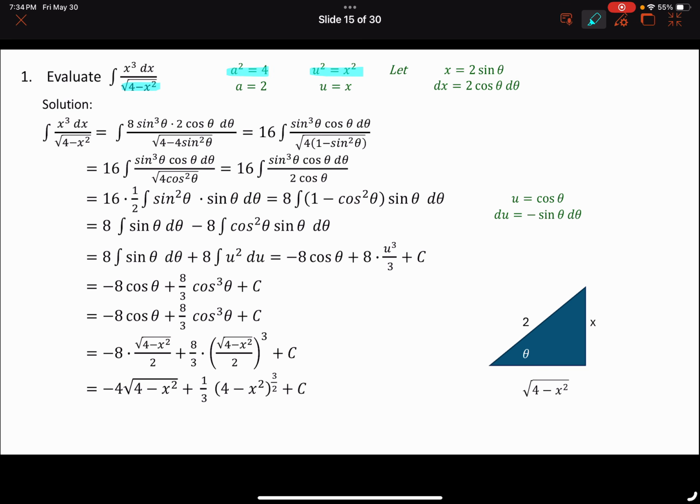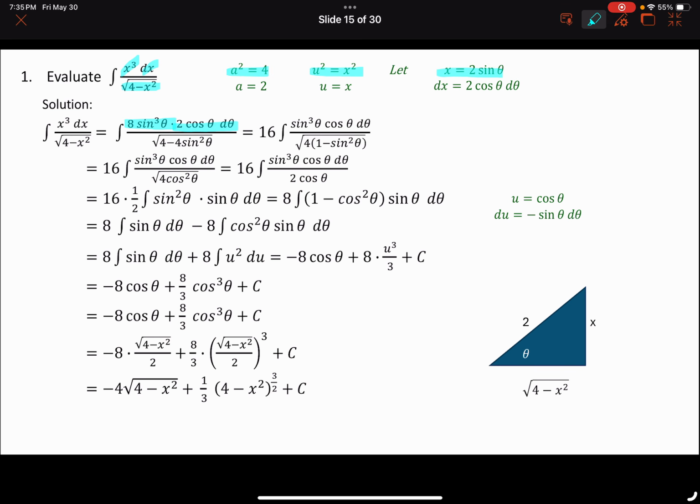With this, it is advisable to use u is equal to a sine theta. Thus, we use x is equal to 2 sine theta and its derivative is dx equal to 2 cosine theta d theta. If we apply the substitution x is equal to 2 sine theta, x cubed would be 2 sine theta cubed, and that would be 8 sine cubed theta, while dx is 2 cosine theta d theta,